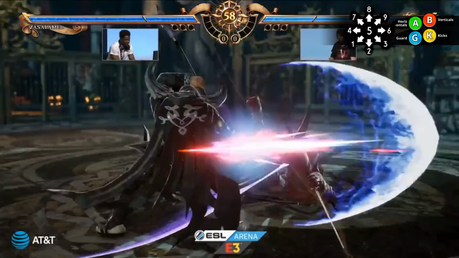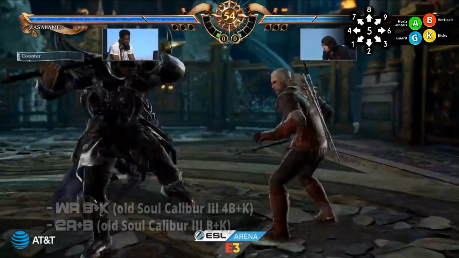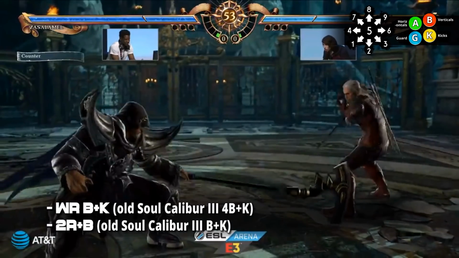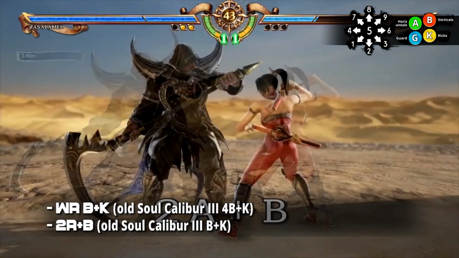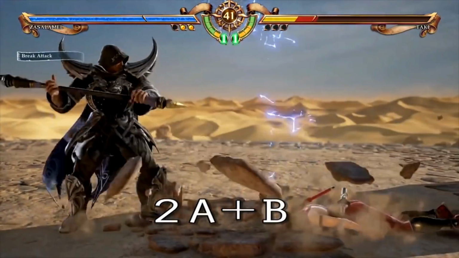Finally, some returning attacks that were absent in SoulCalibur IV but come back in SoulCalibur VI include his old 4B+K, which is now while rising B+K, his old B+K, which is now his 2A+B,